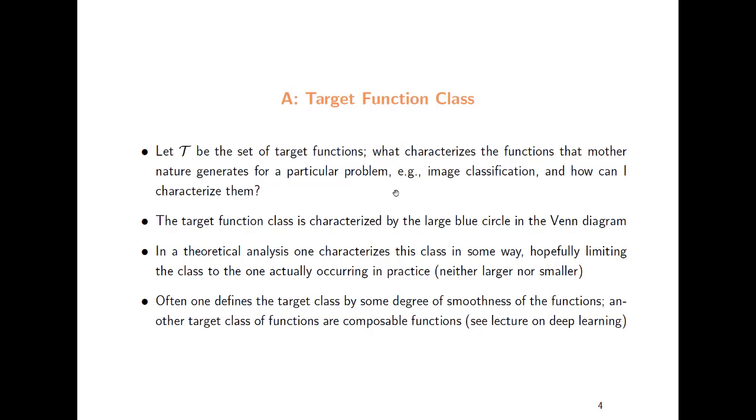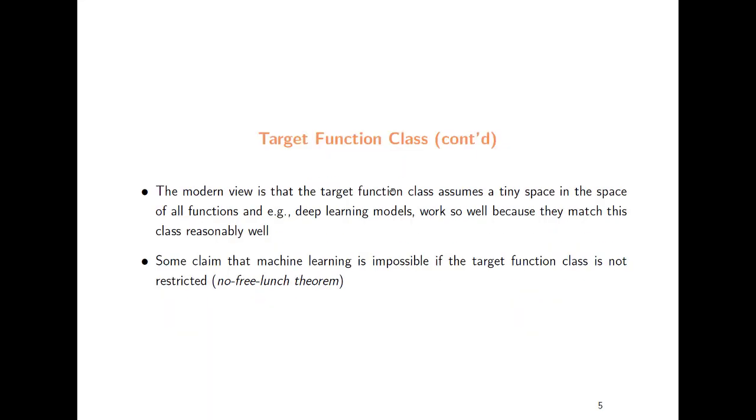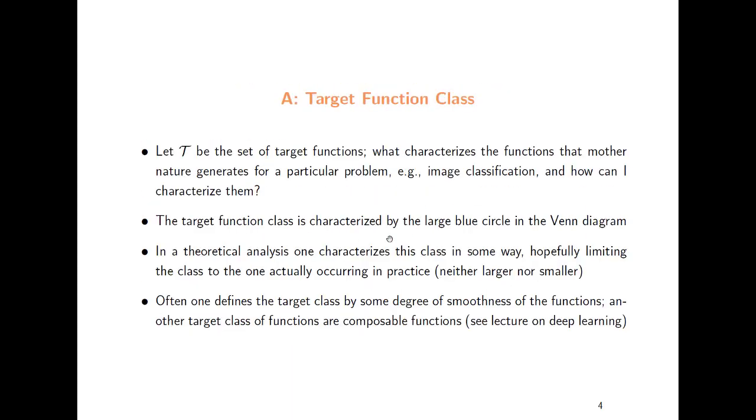And you also get a feeling that this is sometimes theoretically difficult to analyze, which is one reason why people pretty late went into the approximation of high-dimensional functions. So, for example, maybe these functions have some smoothness characteristics or some other thing. But it's difficult to characterize, and that's one reason why deep learning is so powerful, because it seems to capture that class of functions quite well. But in essence, the target functions assume a tiny space in the space of all possible functions. So it's much, much smaller than this number.